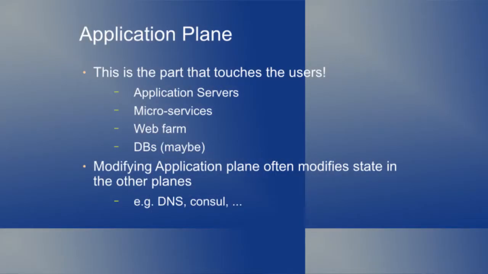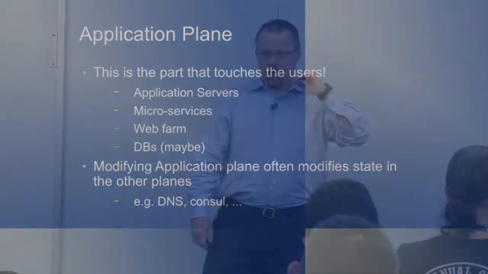Application plane, probably don't need to say a whole lot about it. This is the place that actually touches the users. I will say that when you're dealing with the application plane, with planes in general, they may modify the state of a previous plane. So my service location, Console, might be on the services plane. When I deploy an application, it puts a value into Console saying this is where the application lives. So it's not like the planes are ivory towers that never talk. They are built on each other. It's more, this plane has this responsibility and this authority. Other planes use it and rely on it to fulfill those responsibilities.